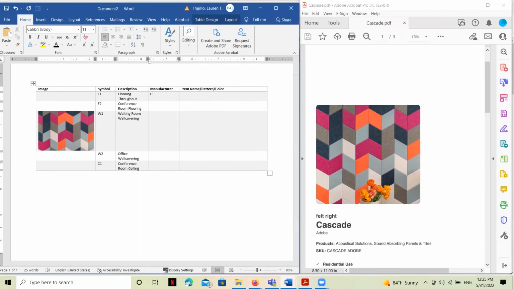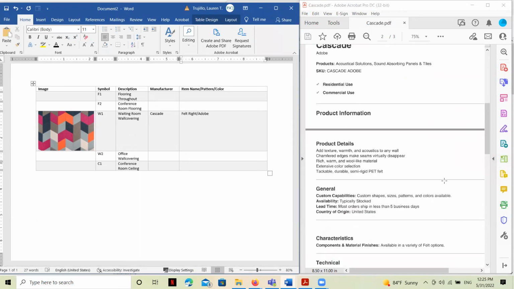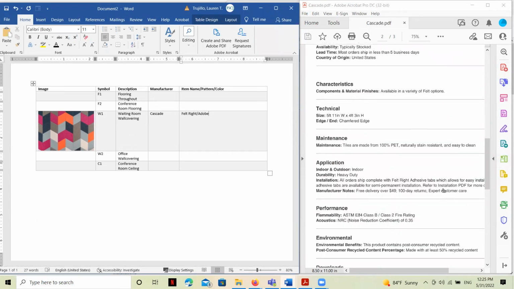Oops, let's make sure to get it in the right row. I'm also making sure that I'm spelling everything properly. The item name is Felt Right, and the pattern is Adobe. Let's see if we can get some color information here.